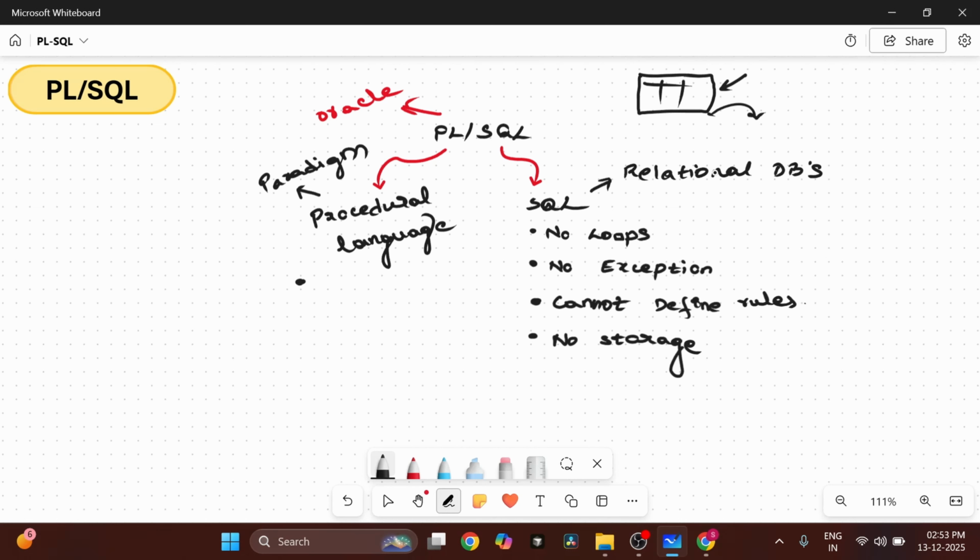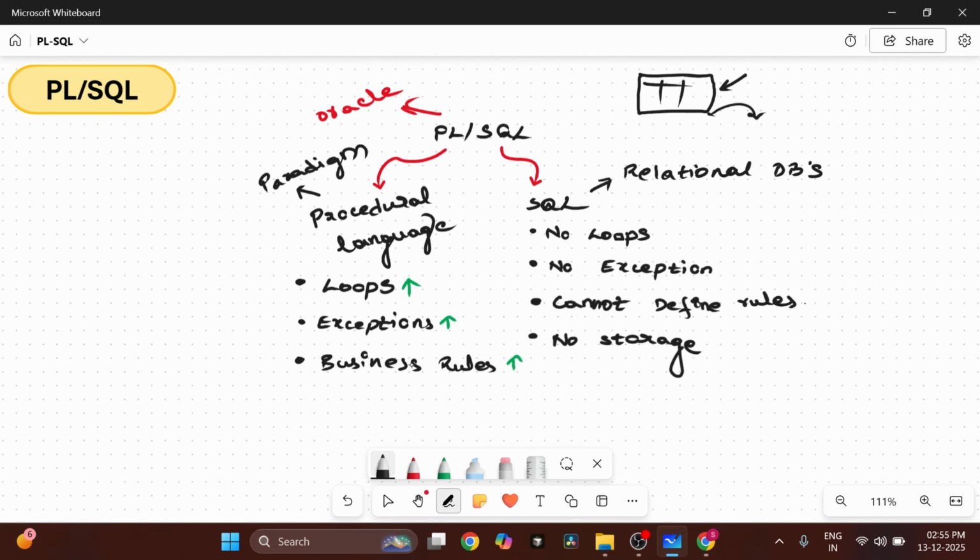The first advantage is loops. If our business requirement needs to be executed multiple times, then there is a concept called loops in PLSQL. We can run multiple statements multiple times, and there are also exceptions. And not only these, we can also define the business rules, guys. This is the biggest advantage of PLSQL, because our business needs to run on multiple rules. And as there are conditional flow statements present in PLSQL, we can define our business rules